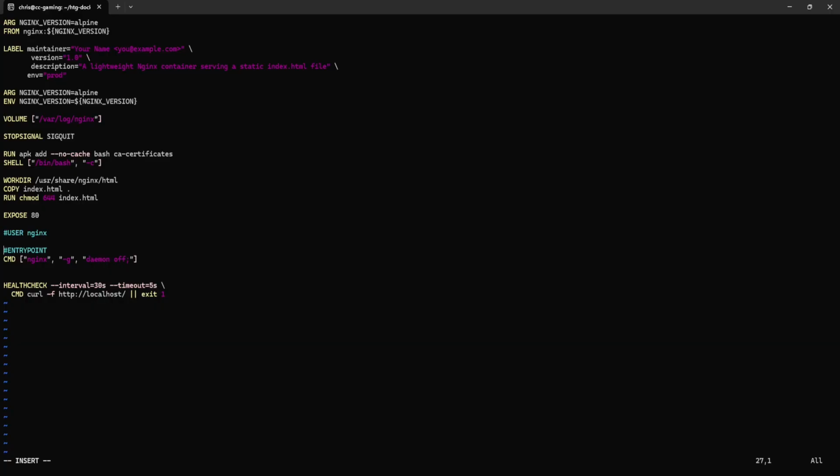And then we have the ENTRYPOINT, which will be inherited from the Nginx base image. So again, we don't have to do something here. So actually, ENTRYPOINT and CMD are the same as in the base image. So I don't need to have the CMD instruction in my image, because it's inherited from the base image. But if you want to have something different, or you,